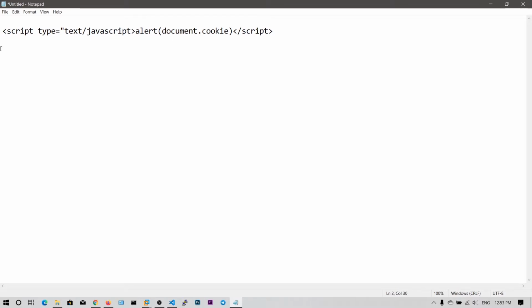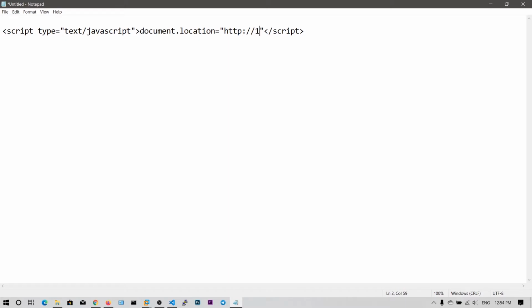I can say JavaScript, so now what's inside can be considered as text/javascript. Now I want to delete this one, and I want to say document.location is equal to http://